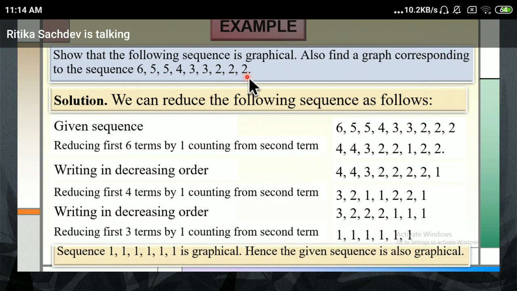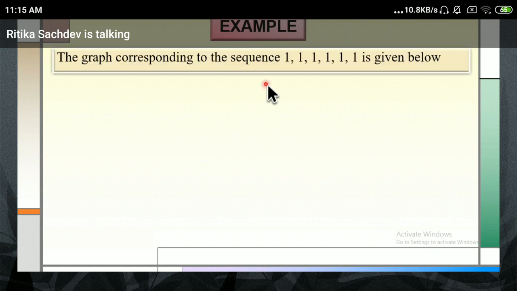Now, this particular thing, I'll come back to when I do one more definition of removal of edges and removal of vertices. So as of now, if you are convinced that there are 36 edges, out of which we have to select only 32 such that my degree sequence becomes this, then I have to have some kind of algorithm. And that is why we are reducing this. This concept will be more clear when I go to the next topics of edge reduction and vertex reduction. And I'll tell you there once again why we did this.